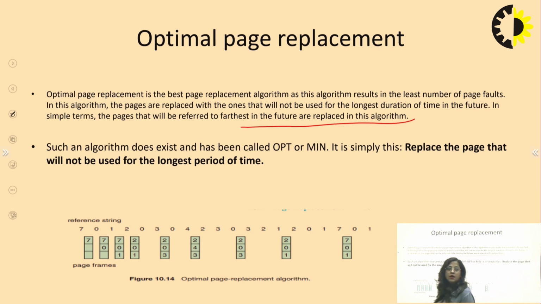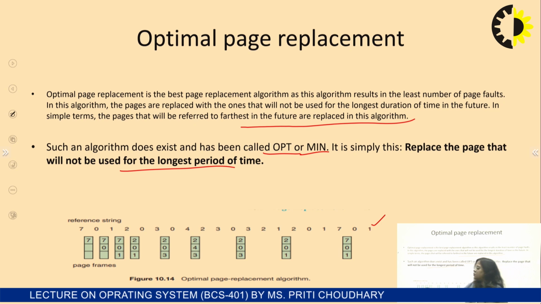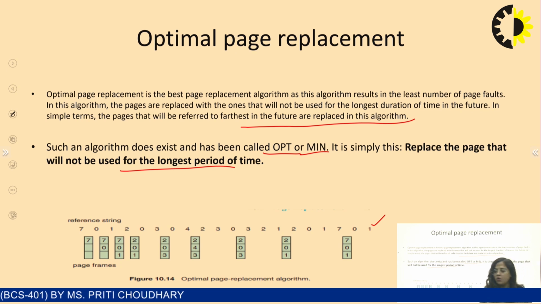Such an algorithm is called OPT, with the minimum page faults, and the page replaced is the one that will not be used for the longest period of time. Here we check the same things again, using the last question. These are the reference string, 7 0 1 2 0 3, and this is also the main memory with page frames, where the page frame size is 3.